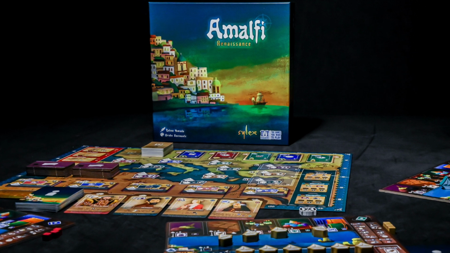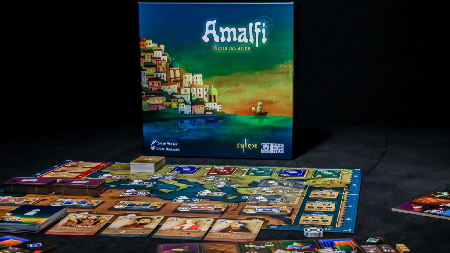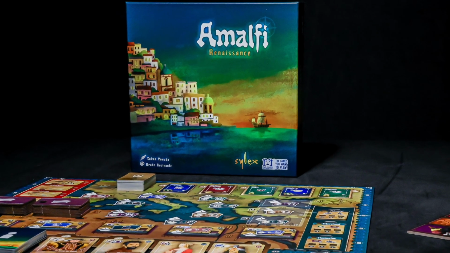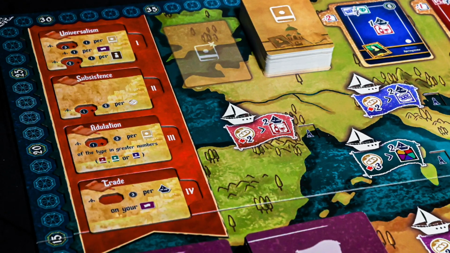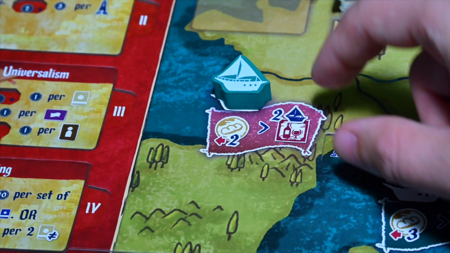Amalfi Renaissance is a 1 to 4 player game for ages 14 and up, with an average gameplay length of 60 to 120 minutes, published by Sylex and R&R games. Amalfi Renaissance plays over 4 rounds, or periods, where players will take turns sending out ships to different ports to